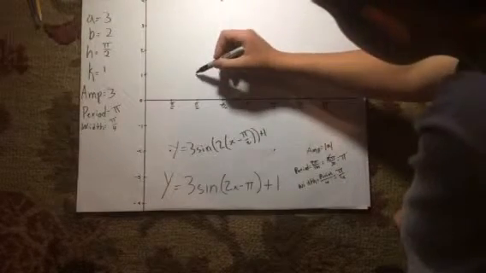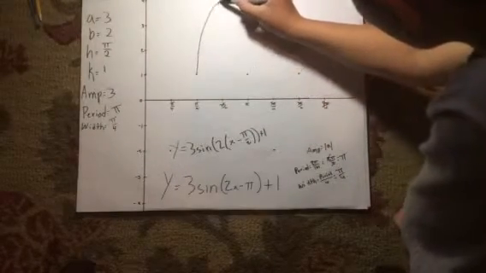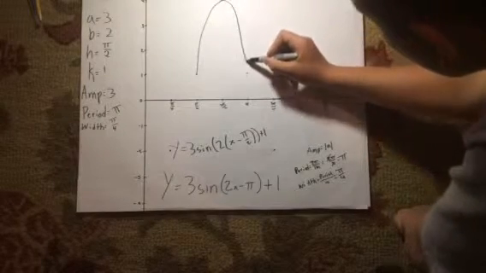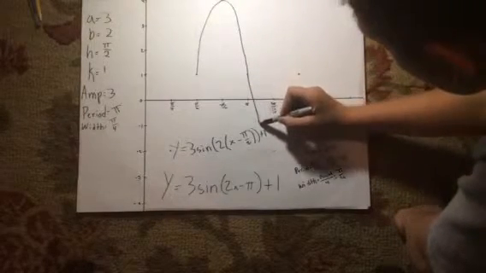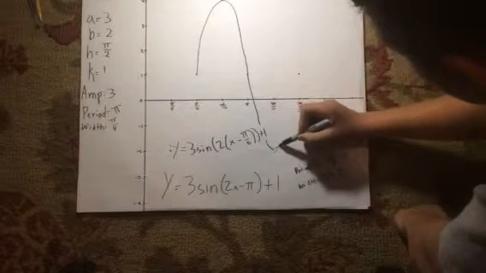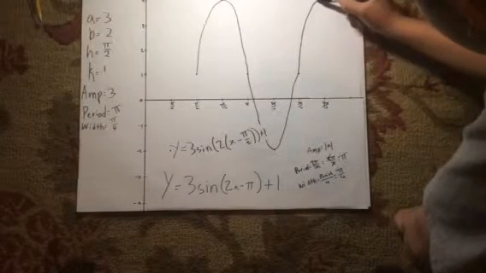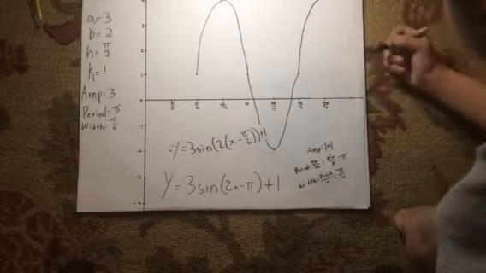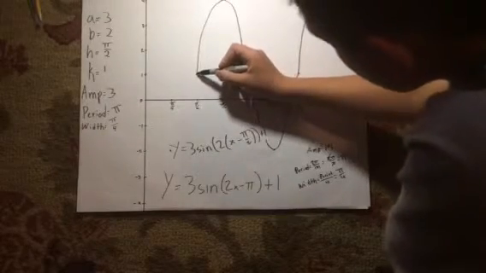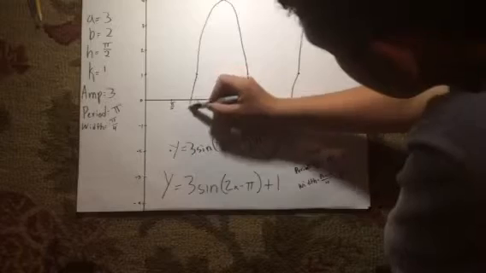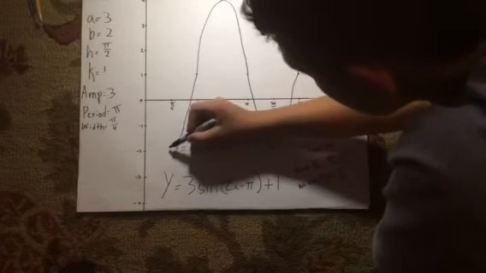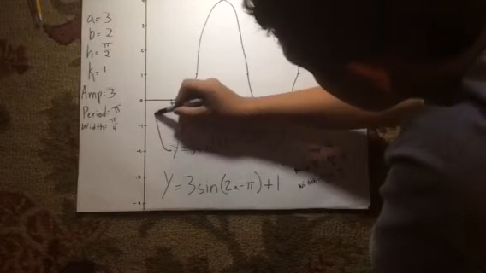Then you start at the point h, k and move over the width and up the a value, then down the a value and over the width, then down another a value over the width, and so on and so forth until you get these two waves. Next, you go back to the original starting point h, k, and you go down the a value and then over the width, and